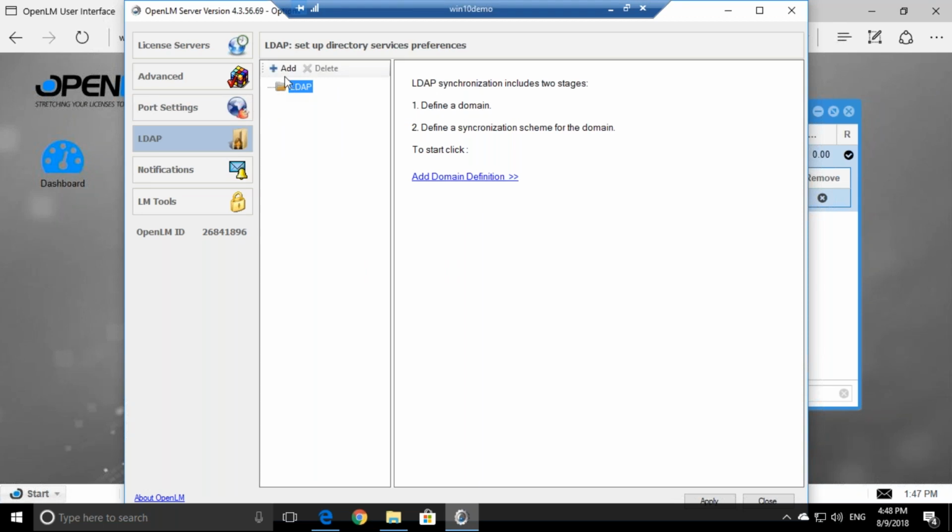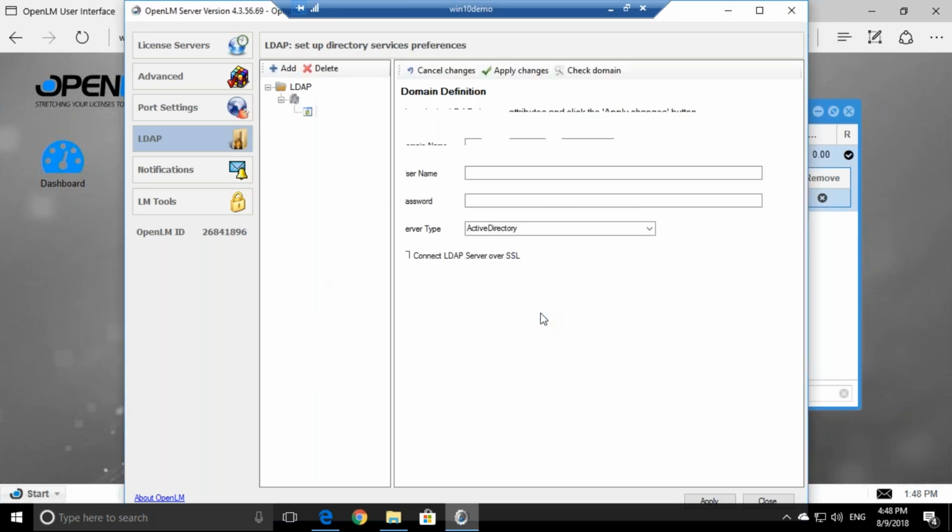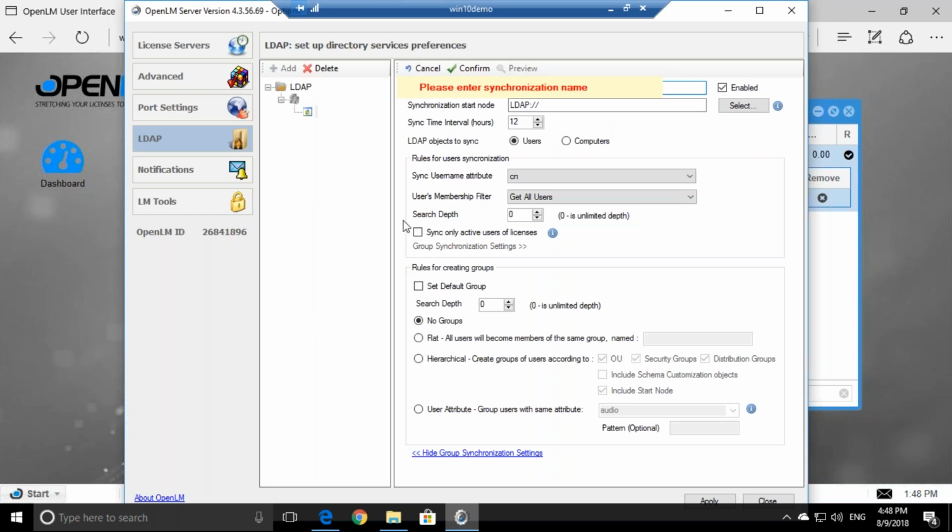And lastly, we got the LDAP, which I will not go too deep into because it's an extension and we're not going over the extensions right now. But basically, you'll be able to select your node in your Active Directory and group them. First of all, get them all into the OpenLM database, but you could group them as well. You can group them by the hierarchy, for example. Let's give it a name. Group them by their hierarchy, so each OU will become a group, or maybe flat, maybe all the users under that node. I want to call